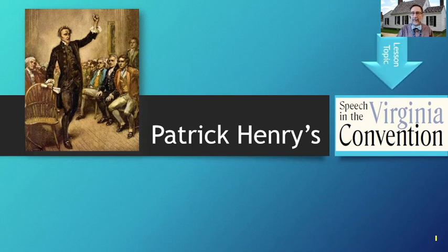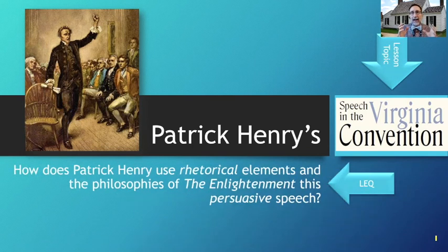And what we're going to be looking for today is how he uses rhetorical elements. Now, rhetorical, this word right here, you guys know when you talk about something called rhetorical questions. We'll talk about that, and that's actually going to be one of our literary terms for today. But rhetoric is the strategy of organizing your ideas and connecting them in such a way that you make an effective argument. So we're going to look at how Patrick Henry urges the members of the Virginia Convention to move towards revolution and get involved in the battle, in the war that is about to get started with Great Britain.